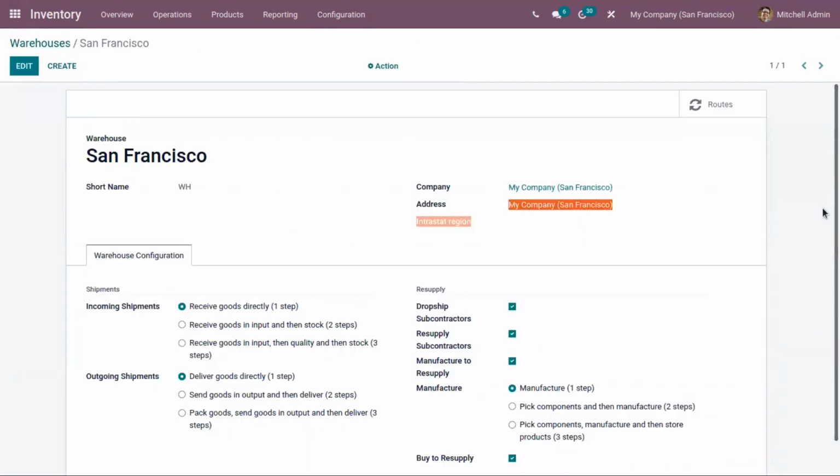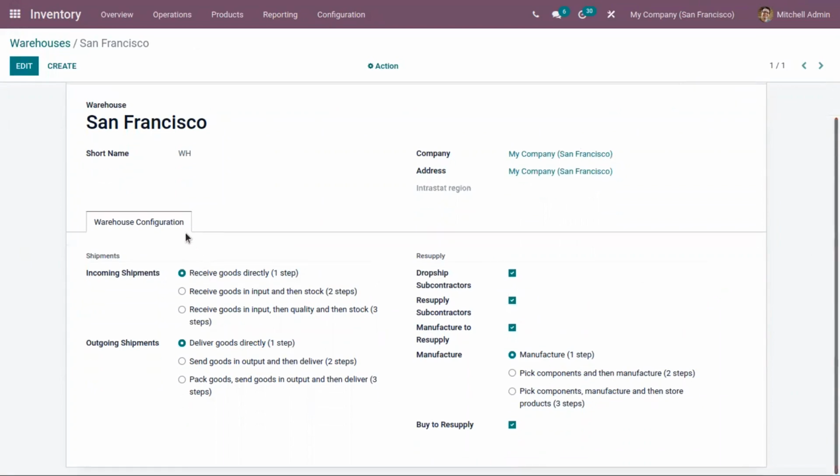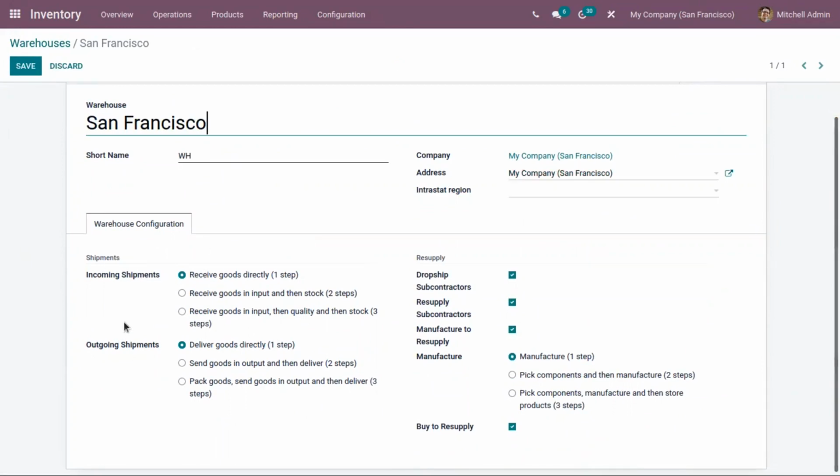We have already configured a warehouse, and you can find the warehouse configuration details like the incoming shipments and outgoing shipments. For receiving products and for delivering products, we can follow different routes. For both incoming and outgoing shipments, we have three options.